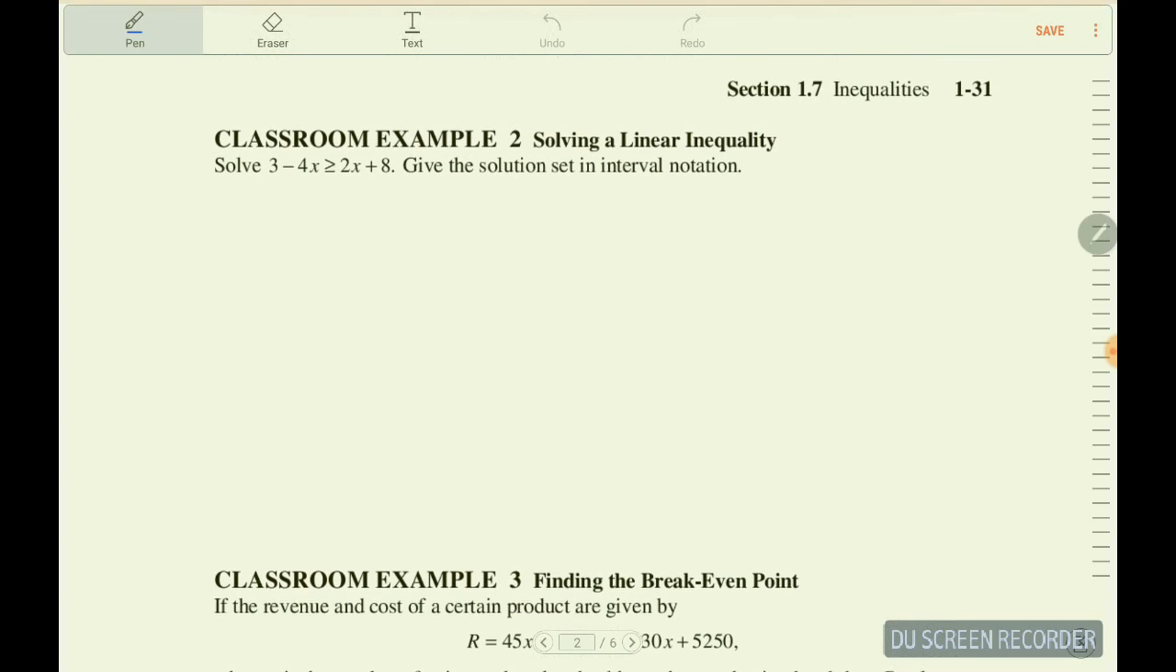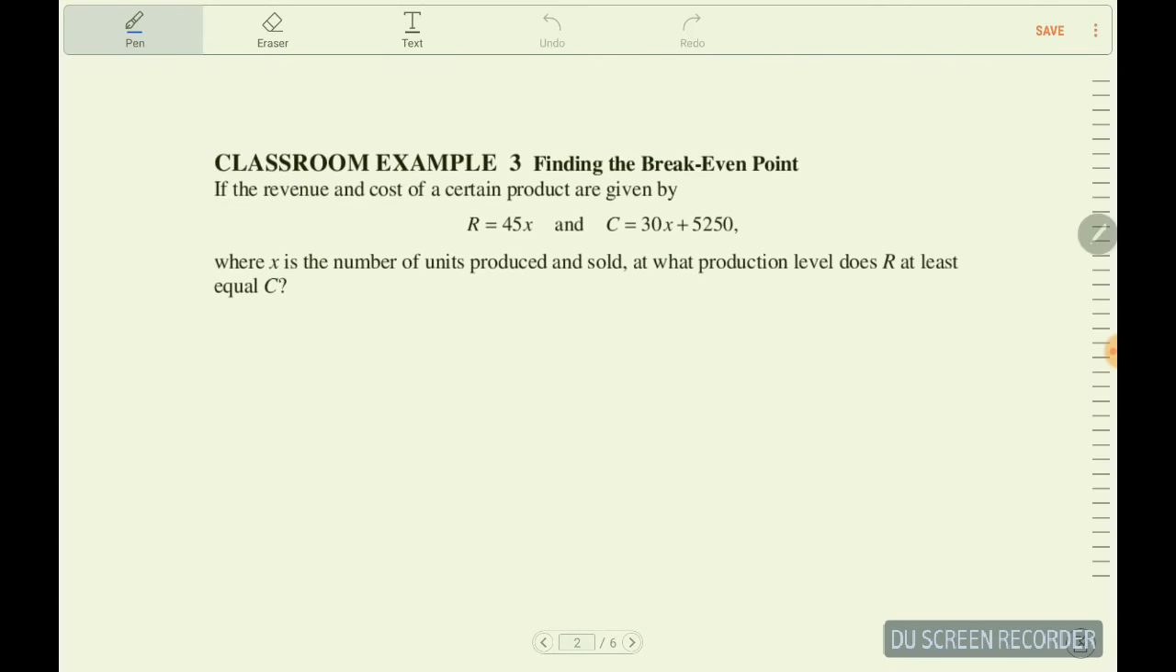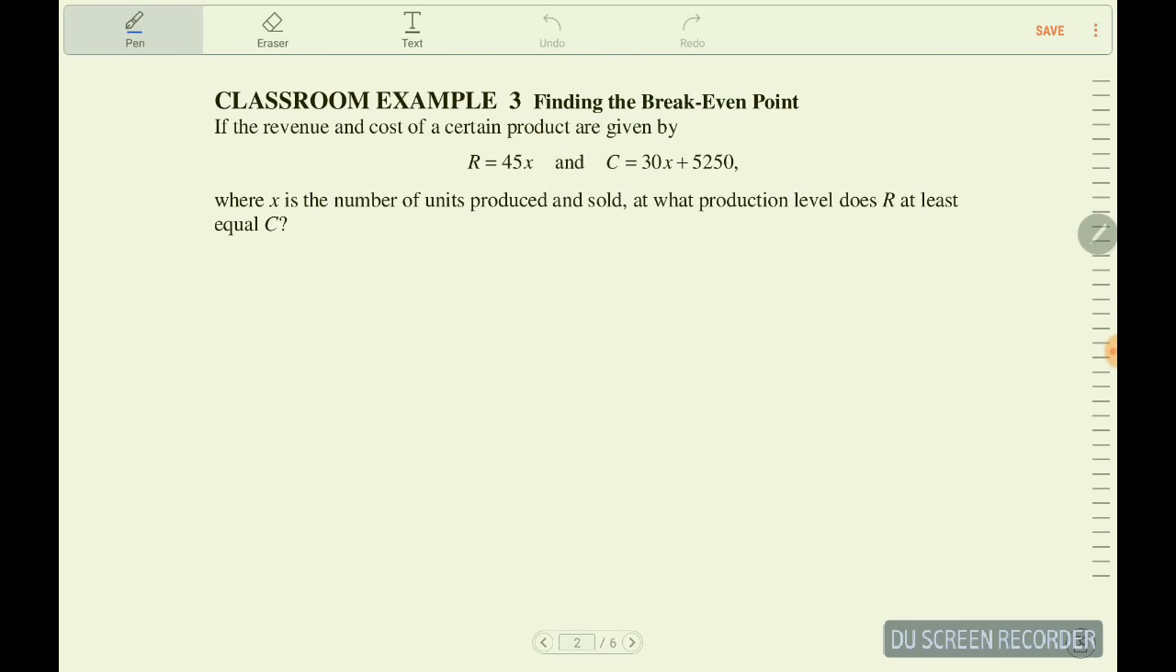The next example is similar. I'm going to skip over that one, and I'm going to do a word problem. What we do is we find the break-even point. We worked on this with equations, so this should feel somewhat similar to what we've done in the past. We're given a revenue function and a cost function, and then it says, if the revenue and cost of a certain product are given by these equations, where X is the number of units produced and sold, at what production level, meaning what levels of X,